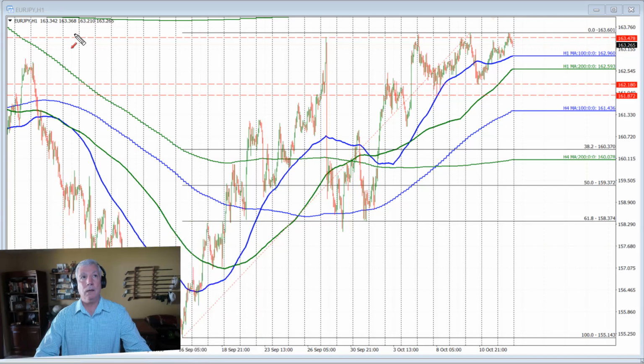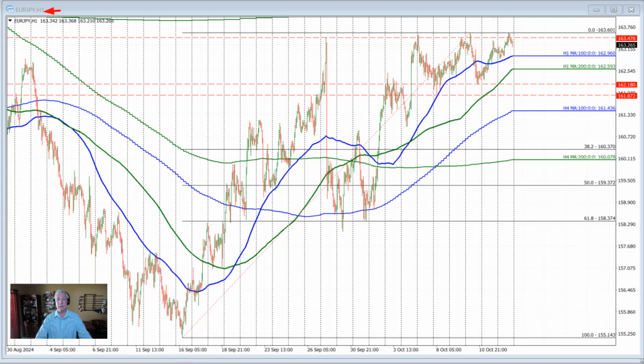This is a Forex Quick Look. We're going to take a look at the Euro versus Yen. Today's date is October 14th, 2024. Let's get started. I'm going to look at the hourly chart here. When you take a look at the hourly chart, what I notice here is that all these different highs coming in,